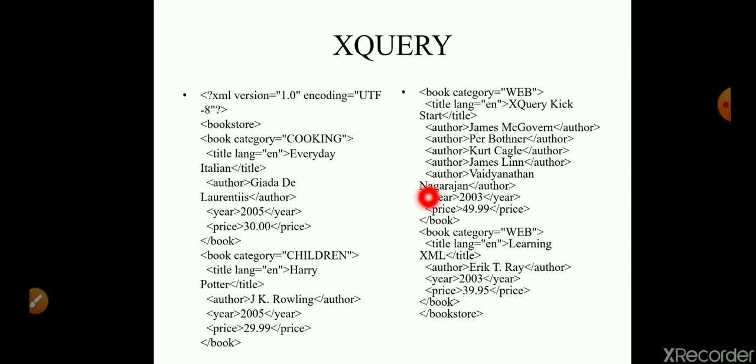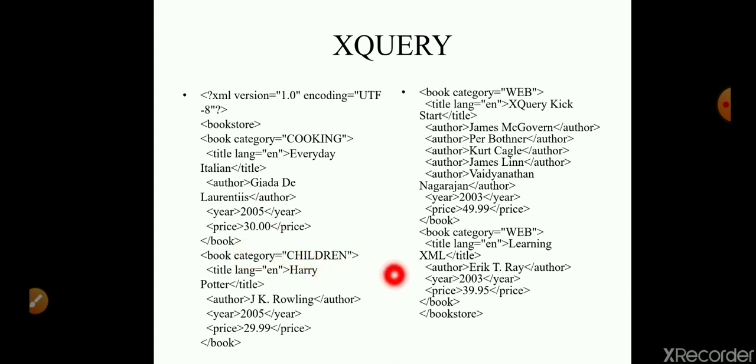This is an example for XQuery. The document starts with XML version 1.0 and the encoding. Next, bookstore is the root element. Book category is the attribute, that is cooking, and the title of the book is Everyday Italian, and the author, the year it is published, and the price, and the end tag of this book.